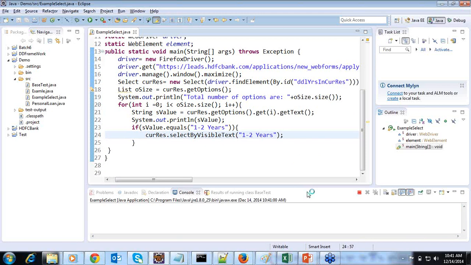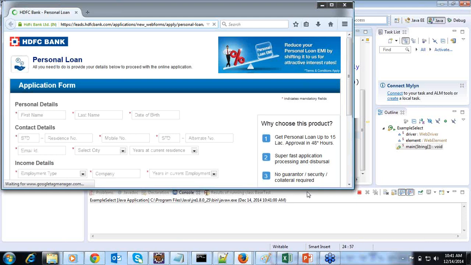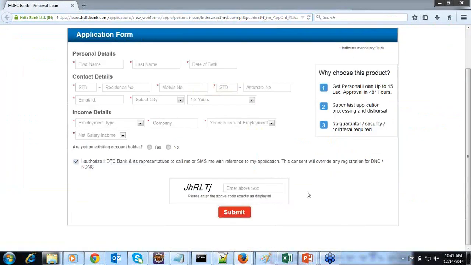Let's get the execution started. It is navigating to the page, that is personal loan, and it's going to maximize the browser and selected the option called 1 to 2 years from the drop down. Let us look at